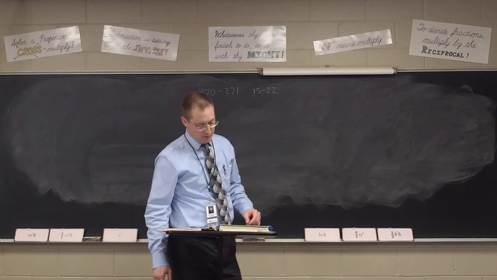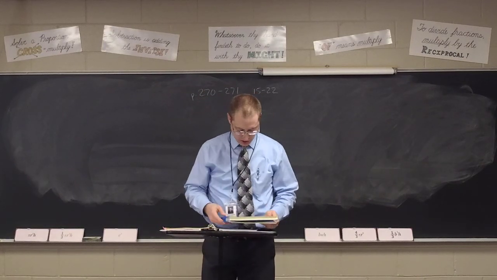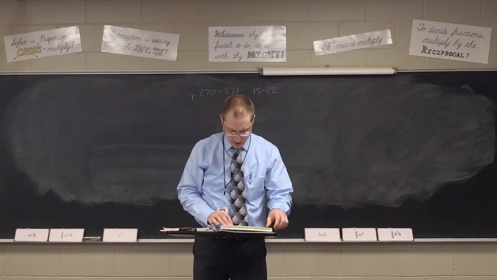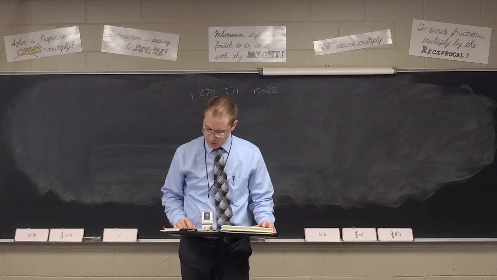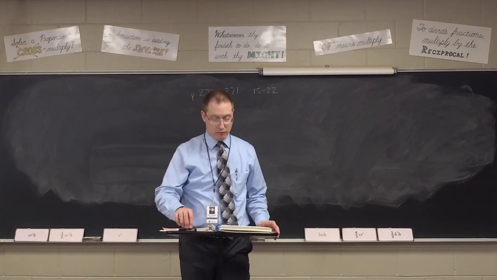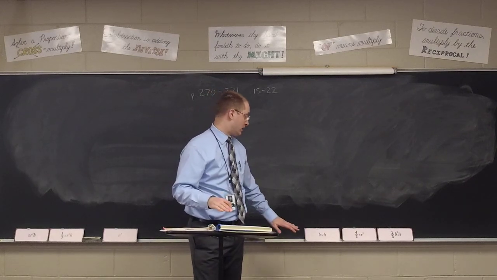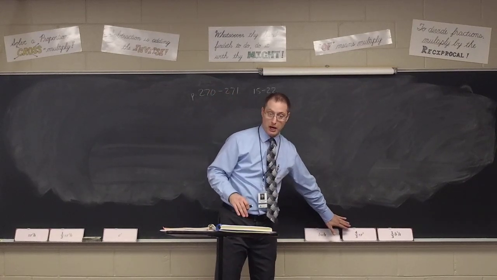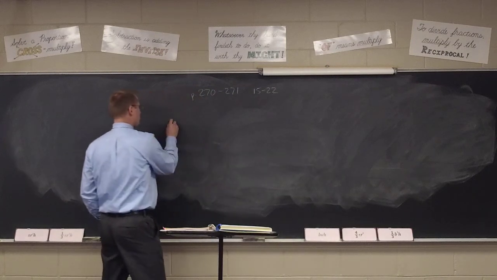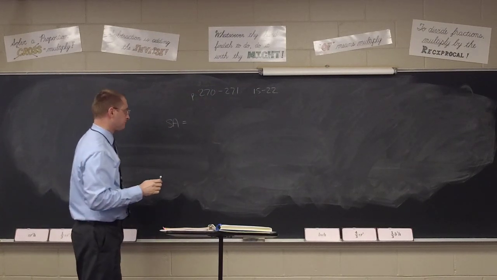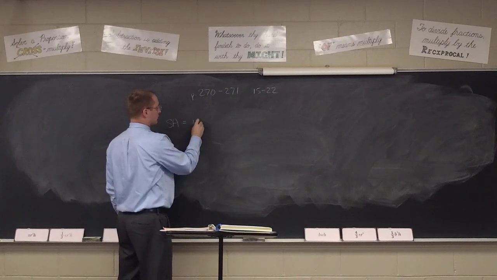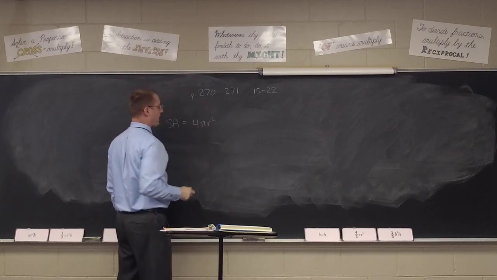Go and put your pencils down, even if you're not finished, and let's take a look at these together. Number 15 says find the surface areas of the spheres in problems 7 and 10. Now, volume we already found on 7 and 10, right? That was using the formula 4/3 pi r cubed. But what's the formula for the surface area of a sphere? Joshua? 4 pi r squared. Good, 4 pi r squared.